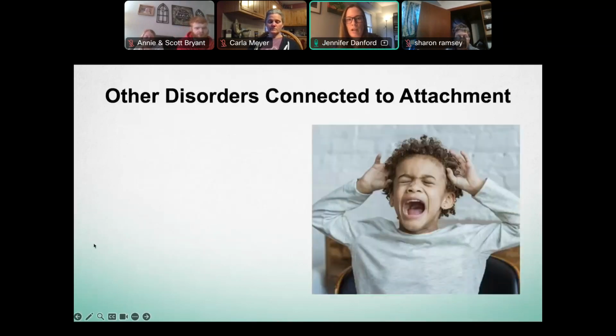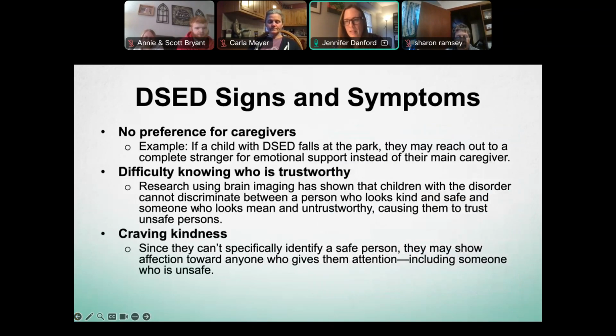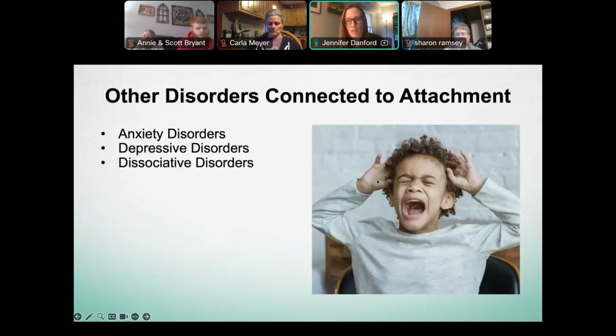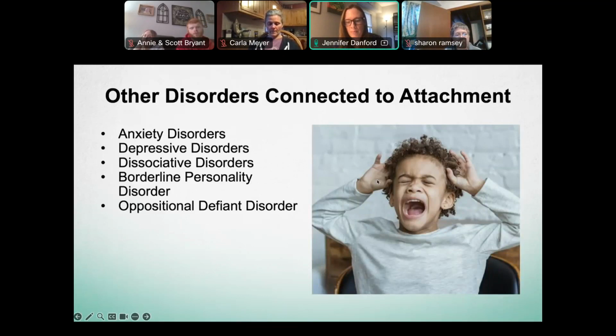This is the child that can be clingy also, because you were a stranger to them at one point if you were a foster parent. So this is the child that shows more clinginess, really struggles with social boundaries. So other disorders that are connected to attachment,